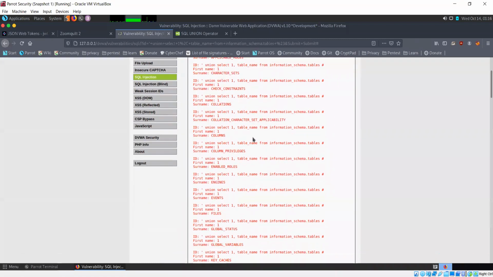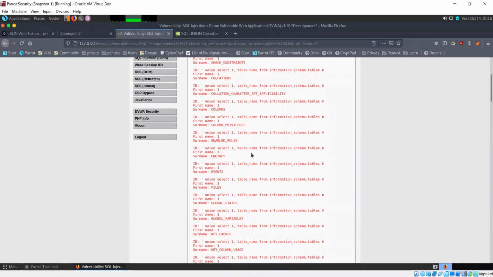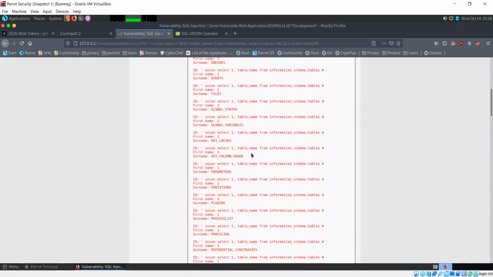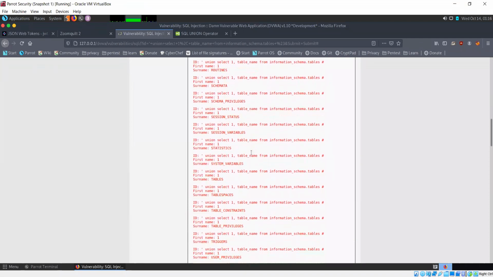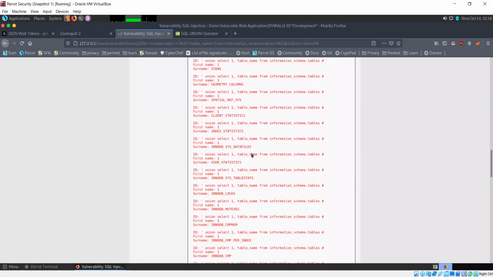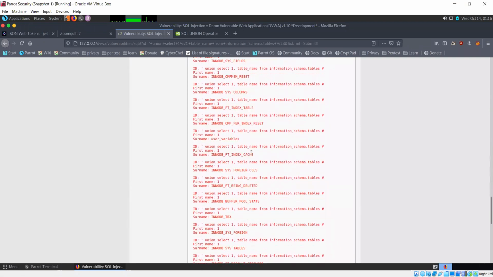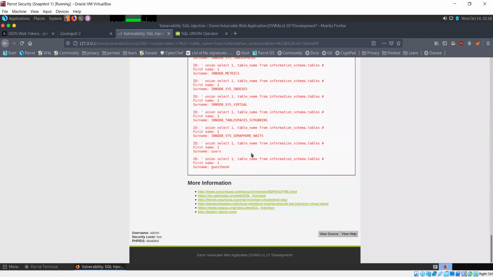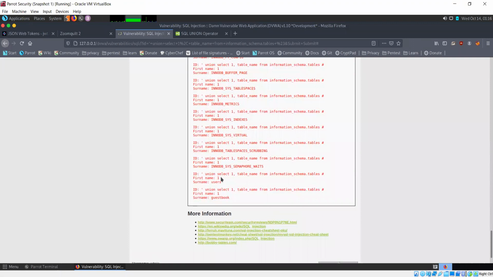And we get the names of all the different tables present in our database. The last two are users and guestbook. Guestbook is what stored the cross-site scripting data, and users is the users table, which contains user ID, password and stuff.